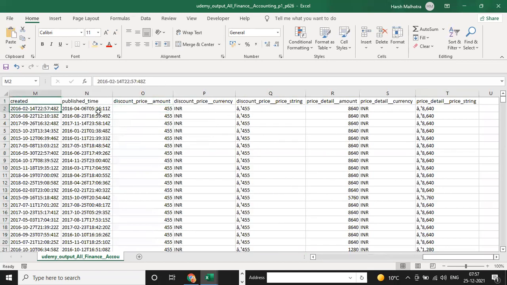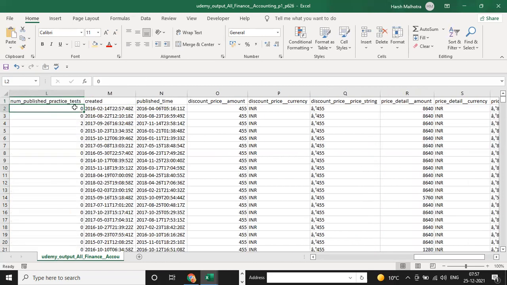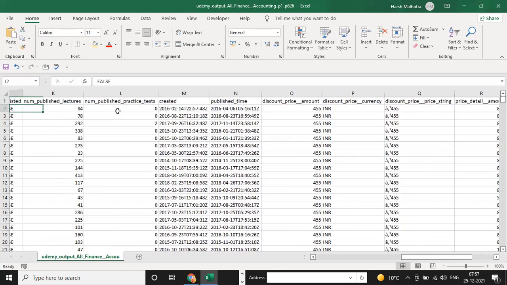Publish time, you can just split this time. Okay, this is your date, published date, created date. So created date is the 16th of this date, and you need to just split column from here, date and time. You can also use the column from example as well. Just write only the date and then enter, so that it will automatically be removed from your data.